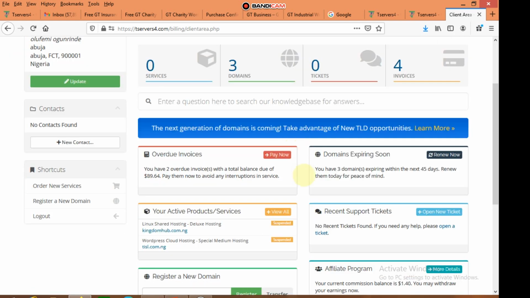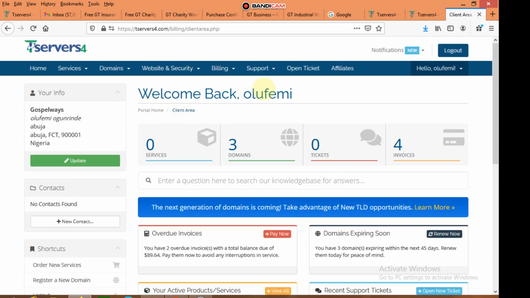Thank you for taking your time to see the environment of the client area, and I believe this short practical tutorial is good enough to give you a clue and the understanding that you need to know how to browse and play around it. Thank you very much. You can log out. Finally, I'm through with this.